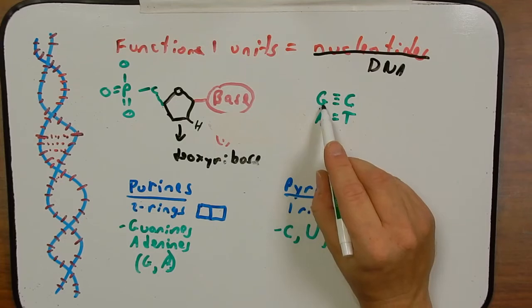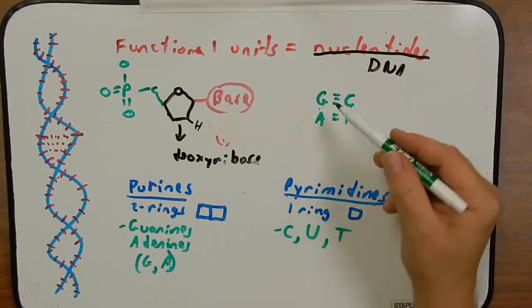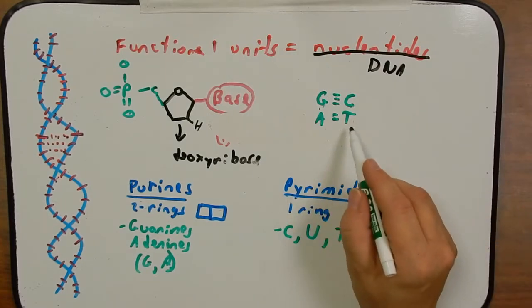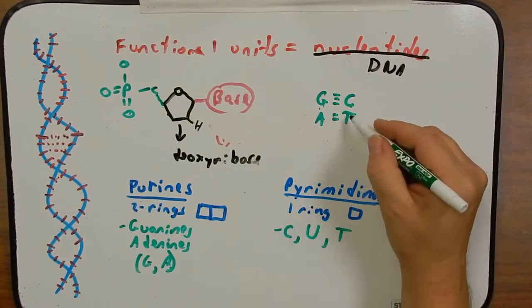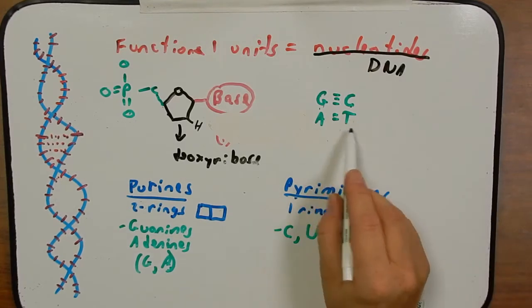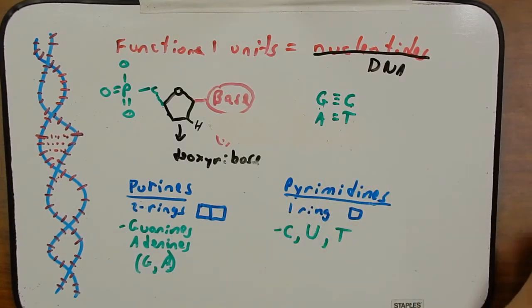I always remember that G's bind with C's because they both have a curve in their letter. And the A and the T bind with each other because they're similar in that they are made up of just straight lines. So I've always remembered that's how they pair. Most people can just remember it. I had to come up with a system.